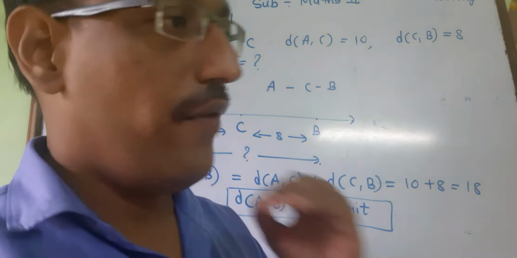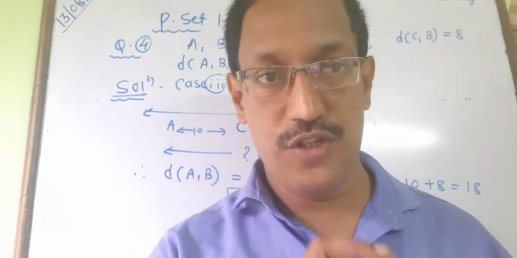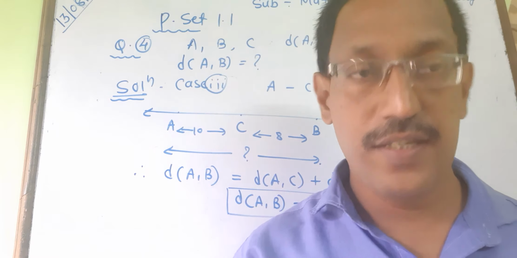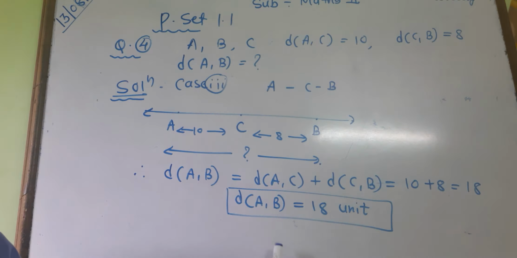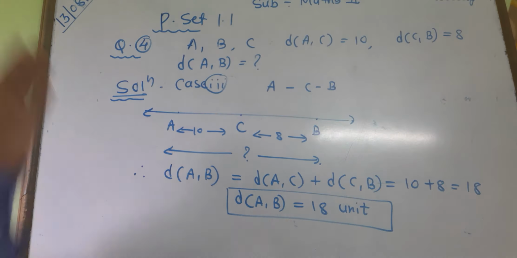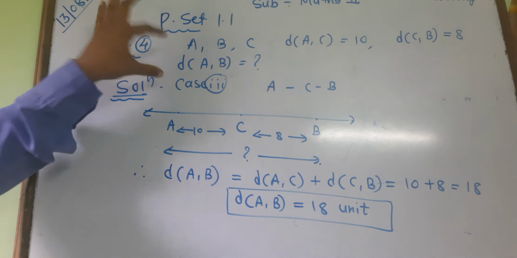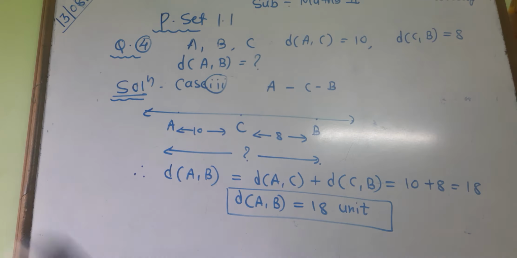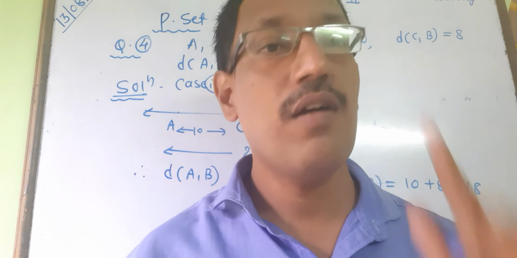So that means what? When this type of sum will come, definitely keep in mind, one case will definitely be impossible, where you get the negative answer. Even if you are getting the negative answer, you have to write that, but mention that this is an impossible case. But in the rest of the 2 cases, you will get a positive answer. So keep in mind, you have to consider all the 3 cases, students. When no particular betweenness is given, you first have to see the question carefully. In the question, suppose the betweenness is not there, then we have to consider all the 3 cases. Understood? So let us move toward the 5th question.